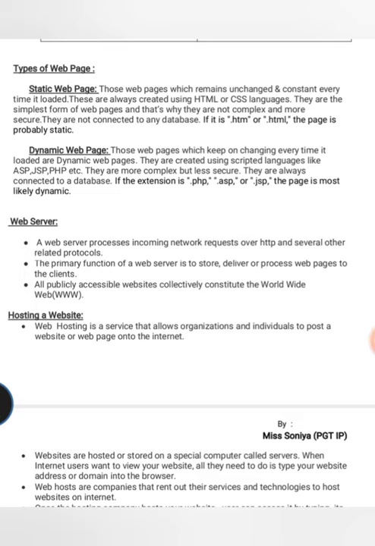So it is not going to change as per the geographical location. That type of web page is known as static. And to identify whether it is a static page, we look at its extension. If it has an extension like .htm or .html, then it is probably a static web page.